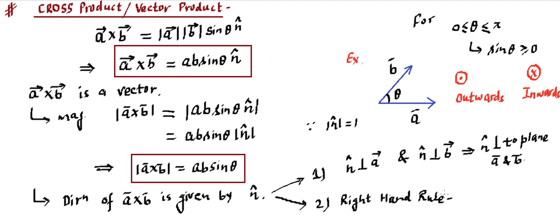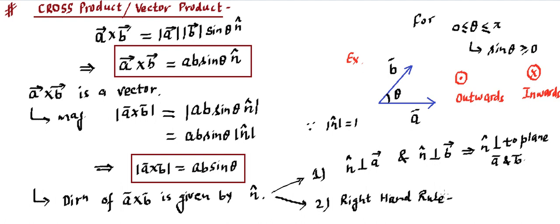So when you want to curl your fingers, you will be curling them towards your palm. You cannot curl your fingers opposite to your palm. That means fingers cannot be curled in the backward direction. So we say natural curling of fingers means the fingers have to be curled towards the palm. Okay, so what we need to do,